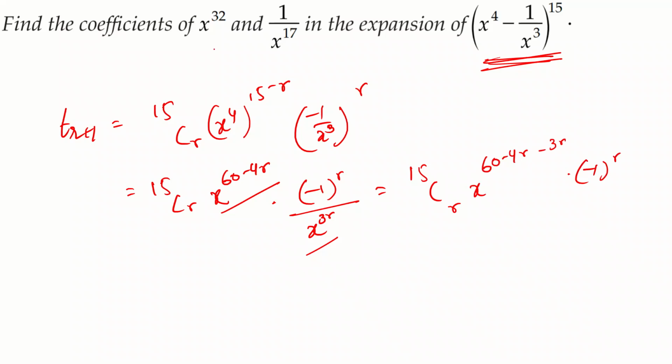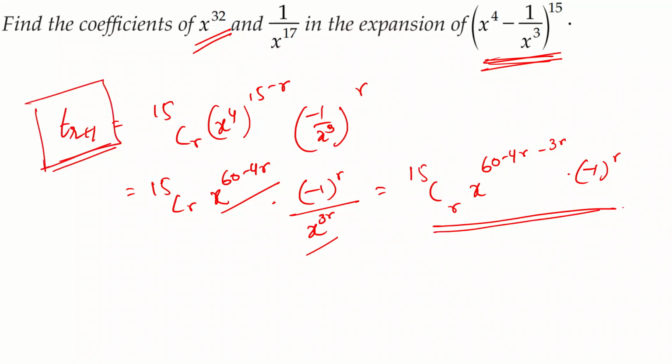Okay, now we have to find out the coefficient of x power 32. But we have found out that in general, whatever you put down as r, it will give you all of those terms. So if you put r is equal to 0, you get the first term. If you put r is equal to 1, you get the second term. If you put r is equal to 2, you get the third term. So by putting r equal to 1, 2, 3 and applying it in this formula, you can find out any particular term. This is what we have already known, because this is the formula we are using. We can find out any term using this formula.